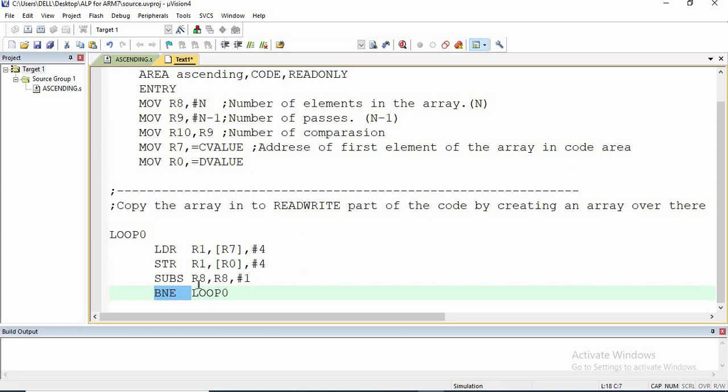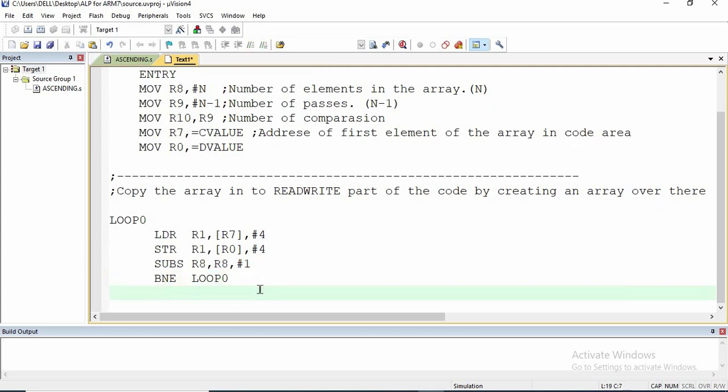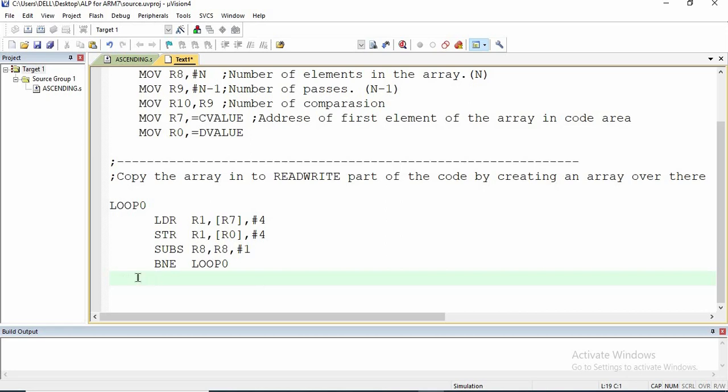If R8 is not equal to 0, that is the condition applied from the previous instruction, then only it loops back to loop 0. After execution of this, we will have the copy of the array in the read write part. So I am going to comment this.